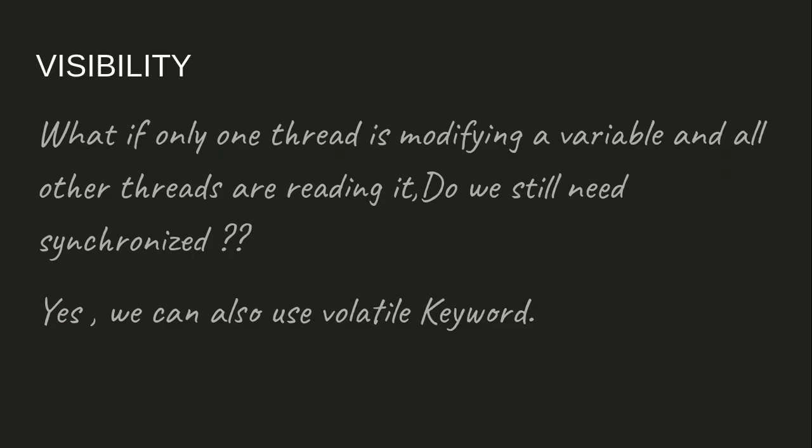Now this is another concept which many people don't know, and many people actually get very much tangled when it is asked in the interviews. It is on the concept of visibility. Let us take an example: previously we studied about critical sections of code and race conditions. We said that whenever multiple threads are trying to modify a variable, there will be a race condition, and then only we need to synchronize those accesses to the critical section of your code.